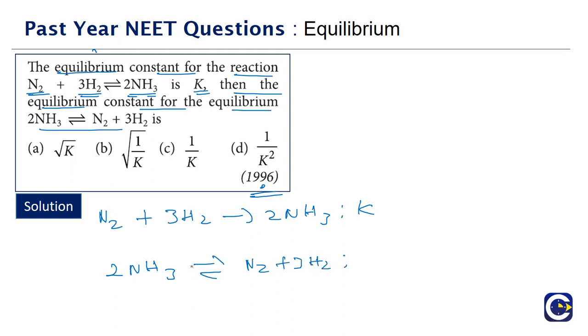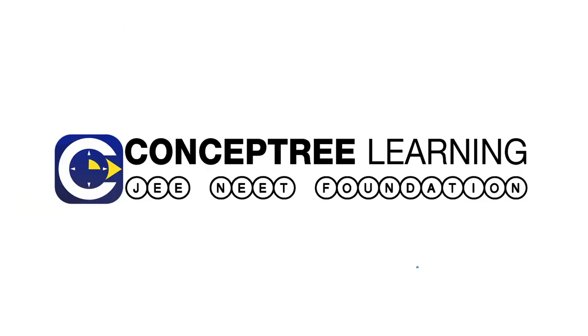So if you see, is this the reverse? Means the equilibrium constant is going to be the reciprocal of the original. It's about basic operations on the reaction and the equilibrium constant. So if we reverse the equation, the modified equilibrium constant will be the reciprocal of the original equilibrium constant. So this is about part 9 and we will see the rest in the next part video.